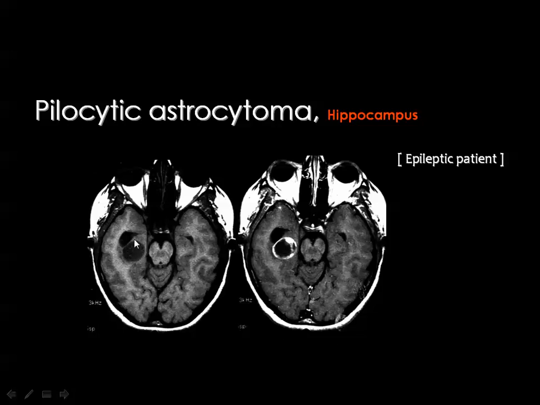This is the lesion which is exactly located in the hippocampal area, and this is an epileptic patient with a cystic lesion and enhancing mural nodule, and the cyst wall is also enhancing, located exactly in the region of the hippocampus, and is responsible for the